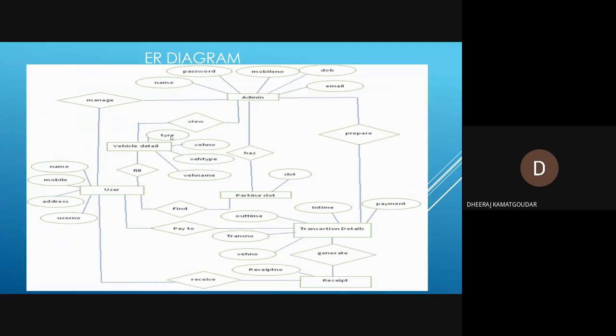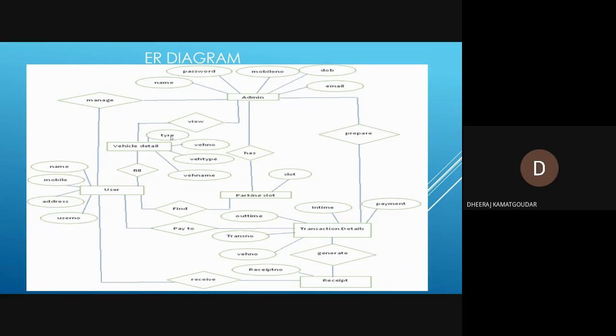This is the ER diagram of vehicle parking management system. Entities are admin, user, receipt, transaction details, parking slot, and vehicle details. Admin contains five attributes: name, password, mobile number, date of birth, and email.